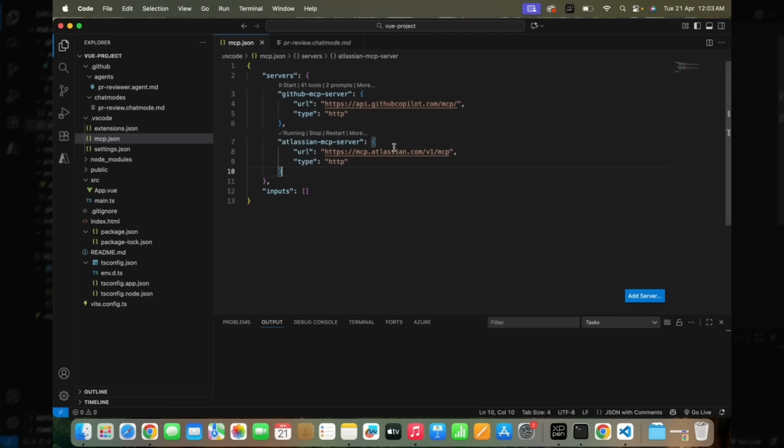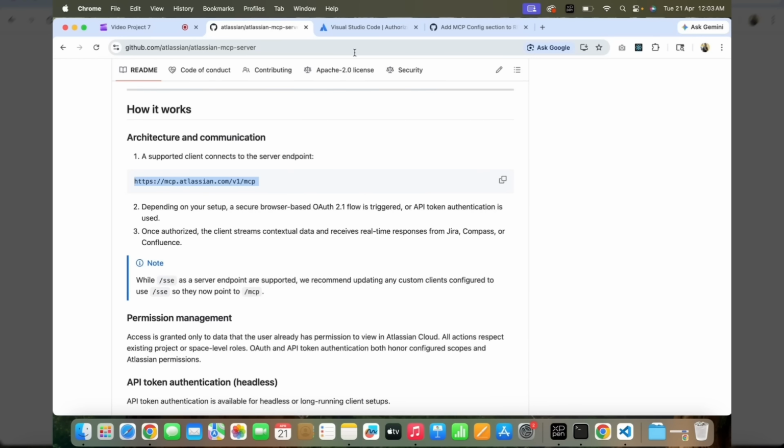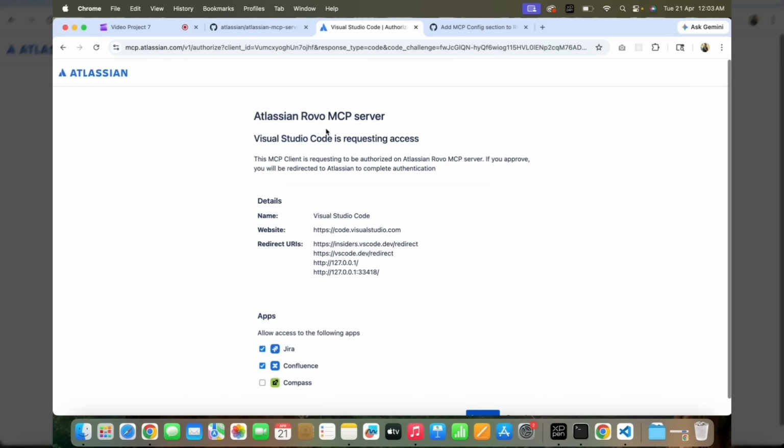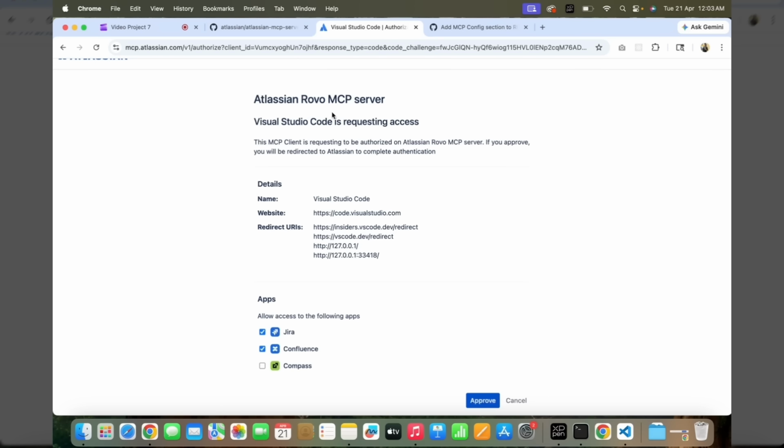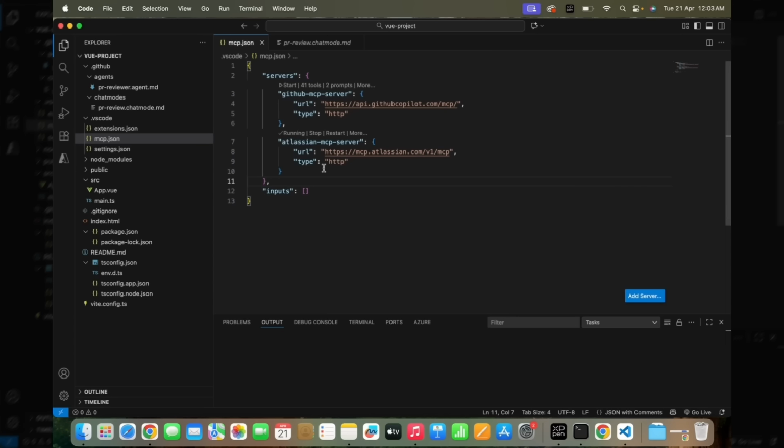Now, this is the similar thing that I told you. And this is also going to give us this pop up to authenticate with the Atlassian server. You can approve over here. Okay. But right now, I'm not going to do this. And similarly, one more thing, we can go ahead and add this Figma server as well, right? So these are the things that we can add, but right now I have not used these things as of